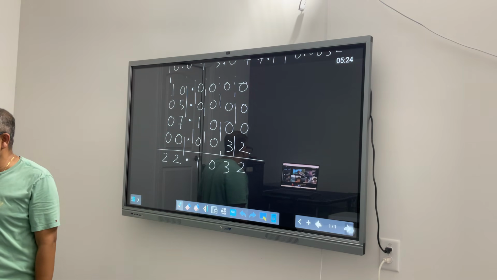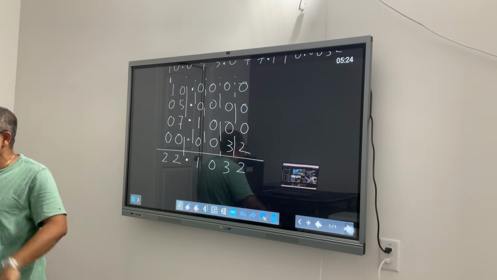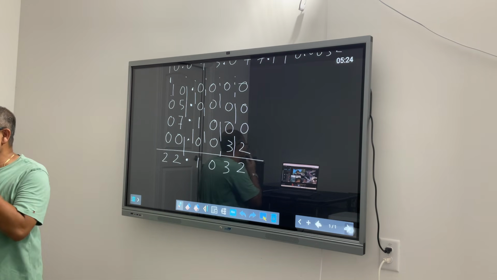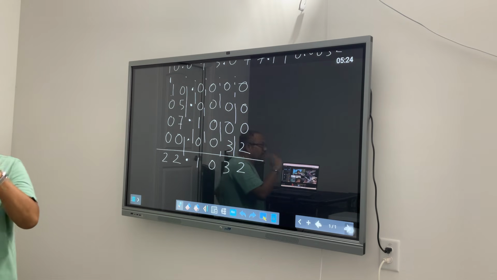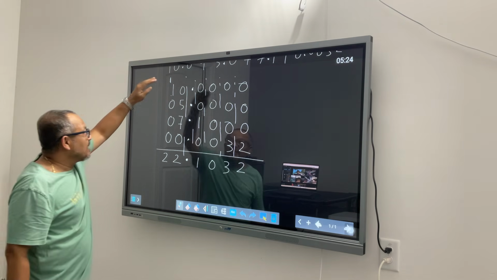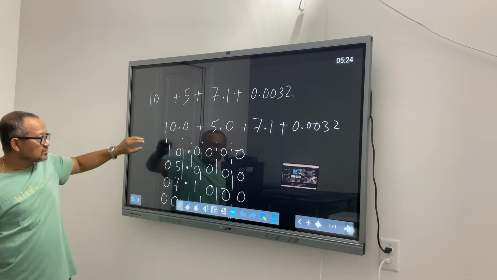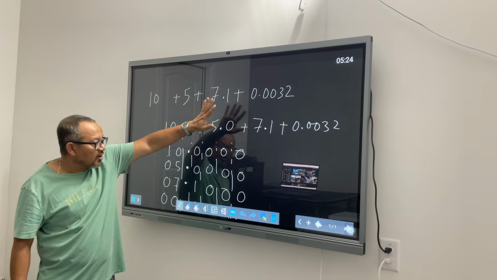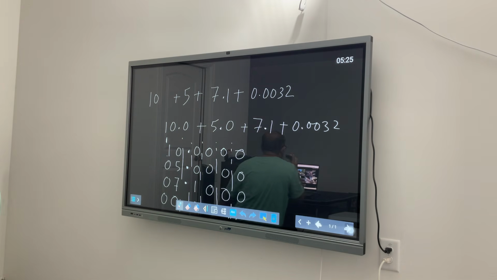Did I make sense to everybody? I know this is a very lame way of doing it, or a very simple way of doing it. But what I am trying to enforce here is that I am not adding a decimal with a natural number, to avoid getting confused. So I am converting everything to one form. Let's say I have 3 apples and 4 peaches. When I add them, 3 apples plus 4 peaches will not become 7 peaches.